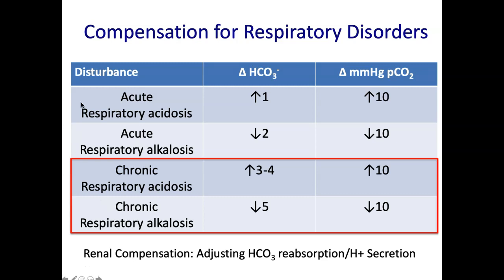All right. Now, how to memorize this thing. So here's my trick. This is how I memorize these things. Keep the delta PCO2 in increments of tens. Okay. So delta 10, delta 10, delta 10, delta 10. Now take your disturbances and alphabetize them. Acute acidosis, acute alkalosis. See, because ACI comes before ALK. And then the acutes, AA, come before the chronics, CC. So acute acidosis, acute alkalosis, chronic acidosis, chronic alkalosis. So keep all these in tens, alphabetize these 4.